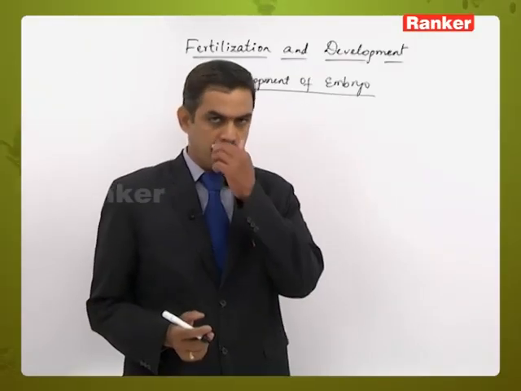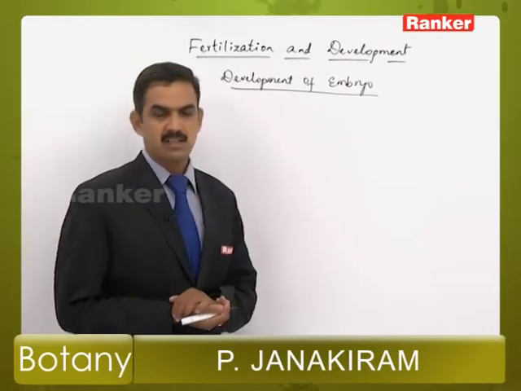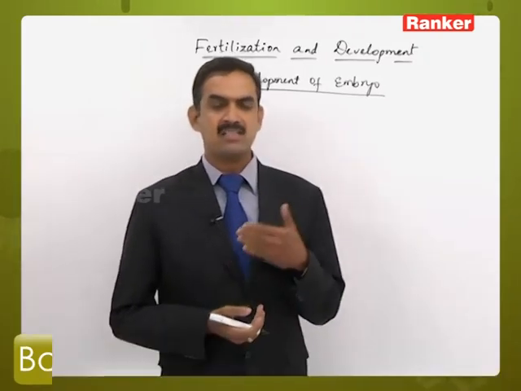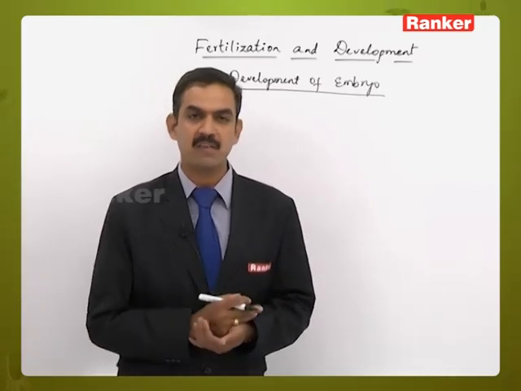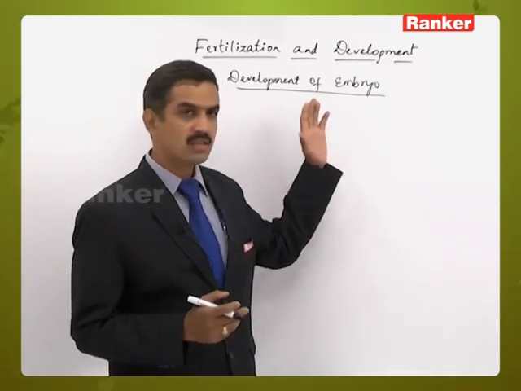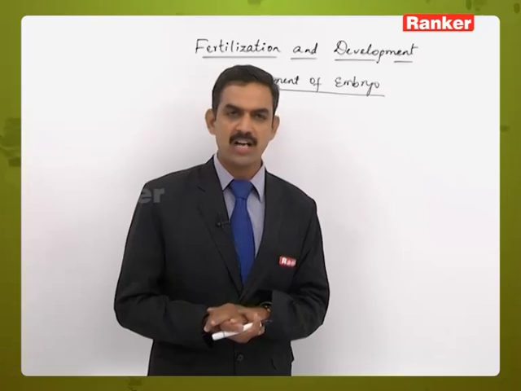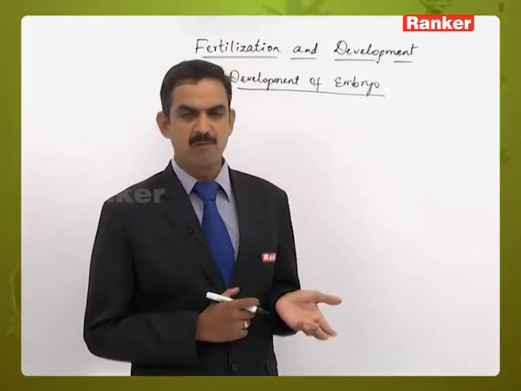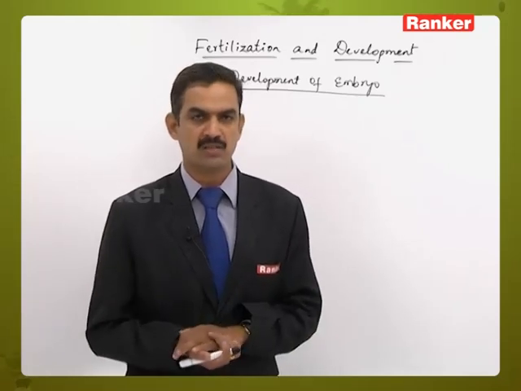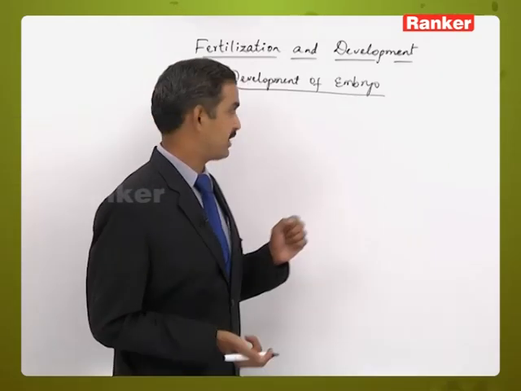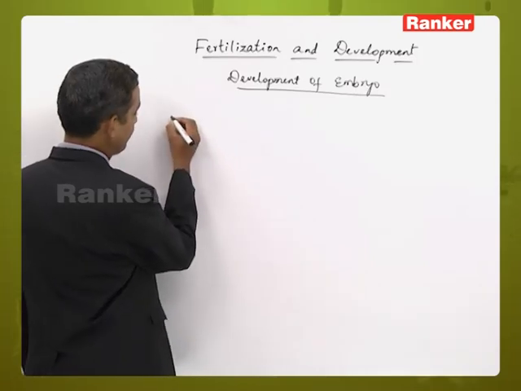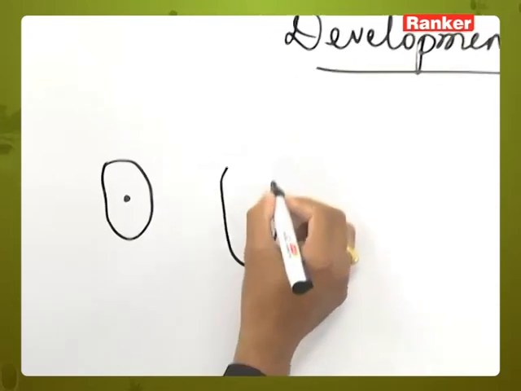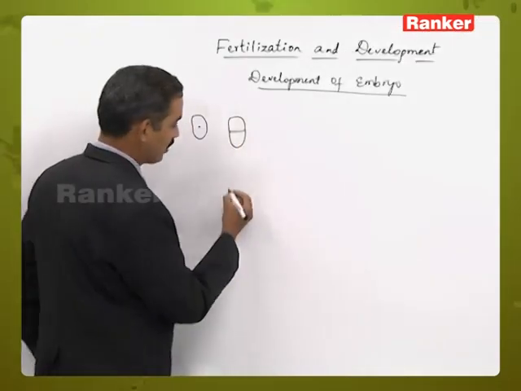Development of embryo. The embryo is present inside the seed and it will start developing in its size, and the size means it is undergoing some sort of differentiation, because the zygote is a structure which is unicellular and diploid that will undergo repeated number of divisions in different patterns, resulting in a multicellular structure called the embryo. In this process, the unicellular zygote will undergo divisions, and in the meantime,